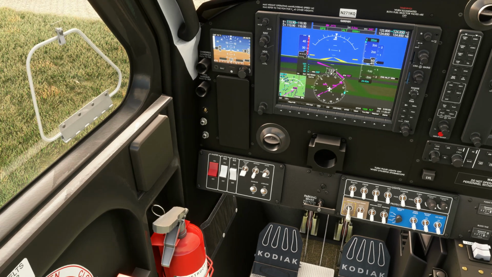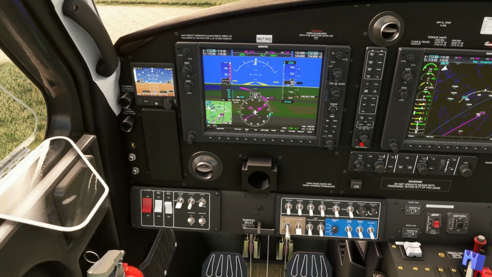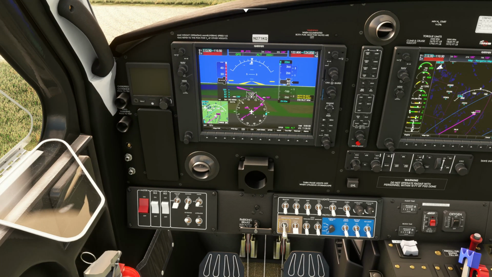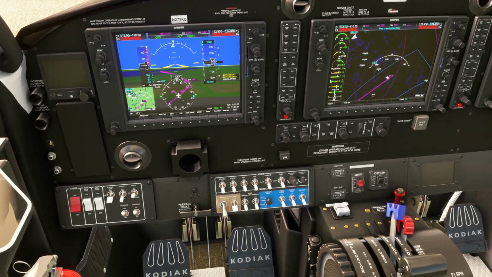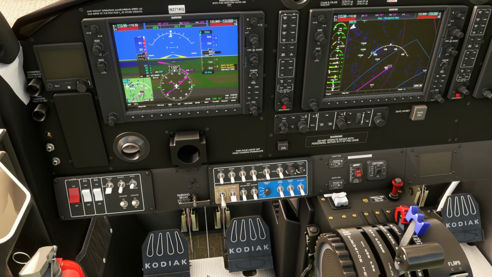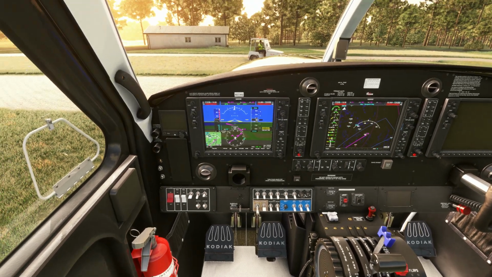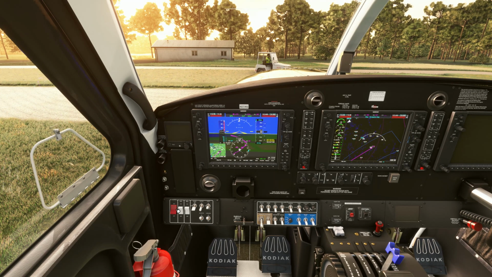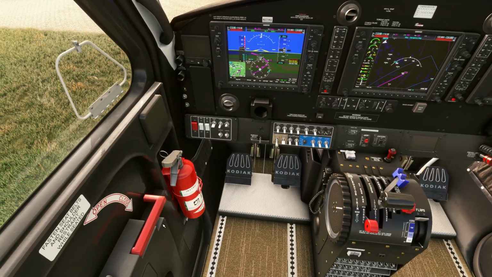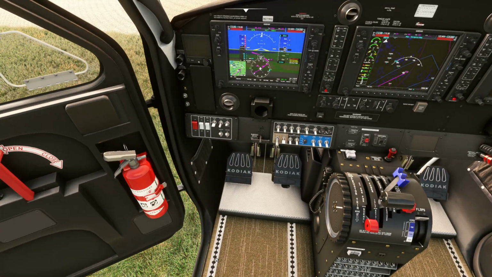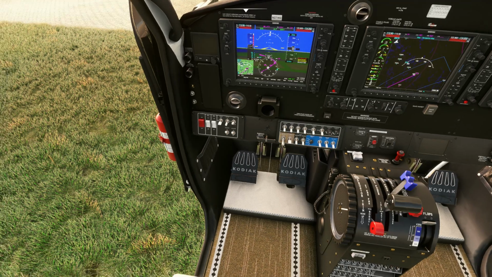The auxiliary. Get some fresh air in here, huh? We'll get rid of the avionics bus, and then we'll bring our propeller pitch back to idle, and we will remove fuel from the engine. Get rid of our master avionics there. And we have arrived